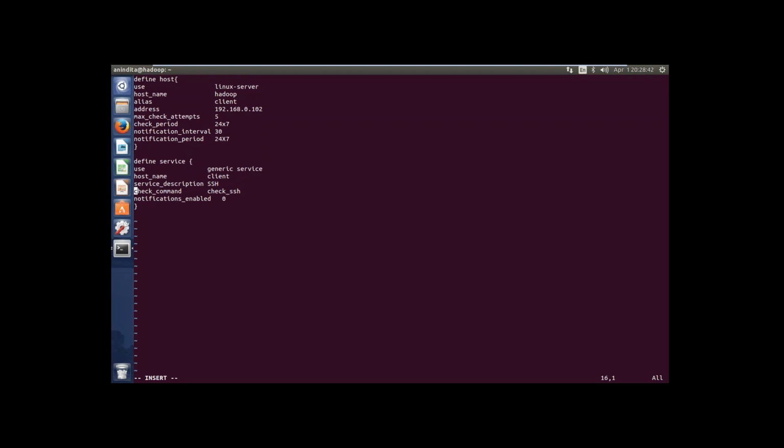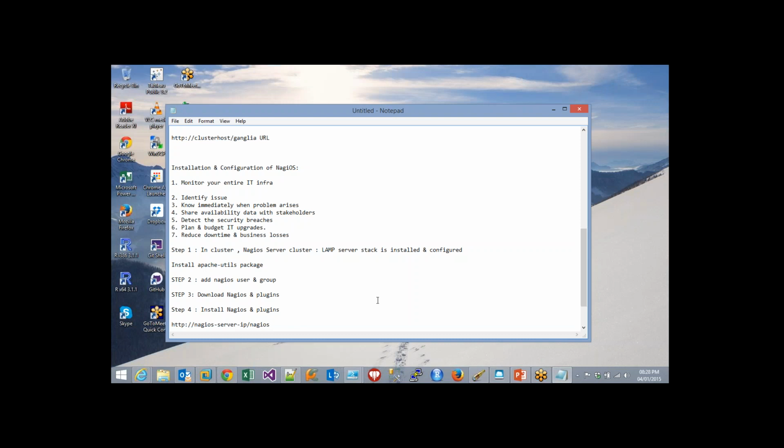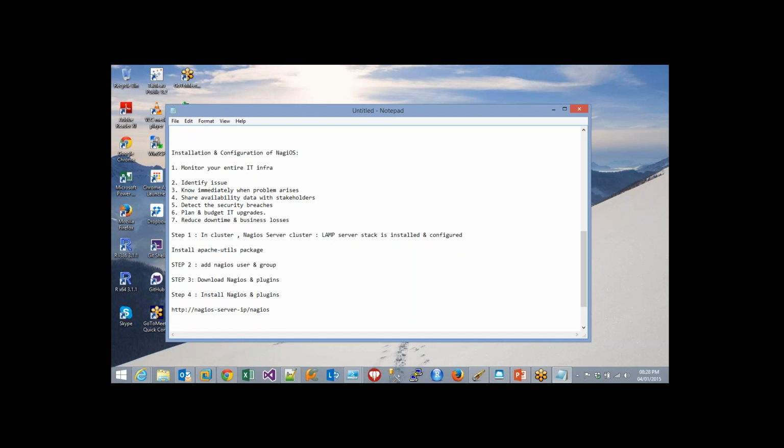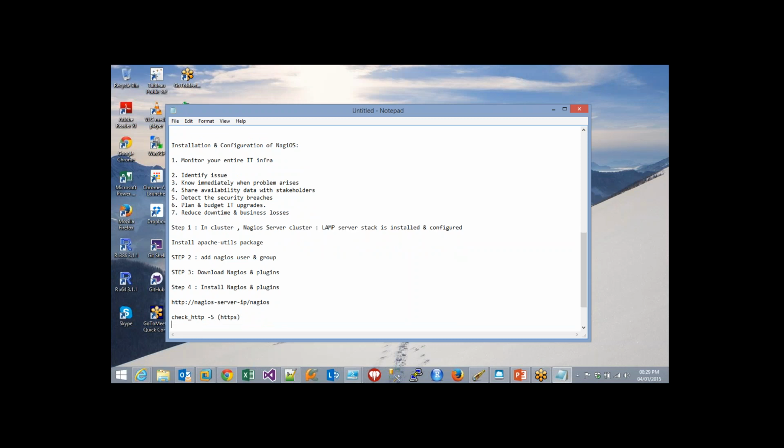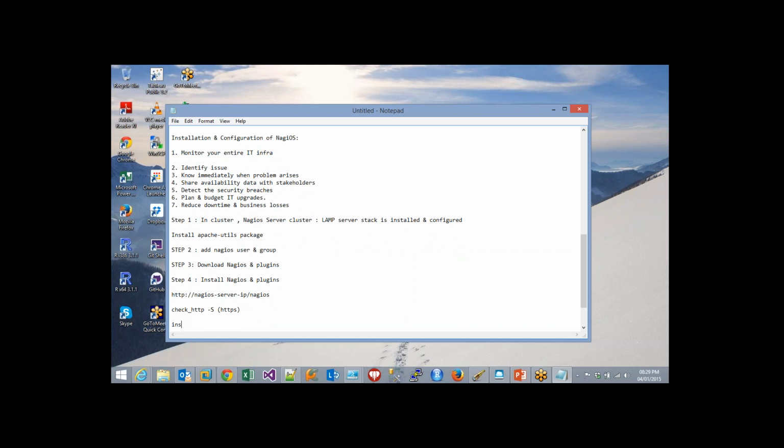Now if you are trying to use check_http with the -S flag for HTTPS cases, in that case whenever you are configuring the Nagios plugin, you need to add the option with OpenSSL. So suppose you are trying to check HTTP with -S, that means you are trying to check the HTTPS flags. In that case, make sure that you have installed OpenSSL and libssl-dev